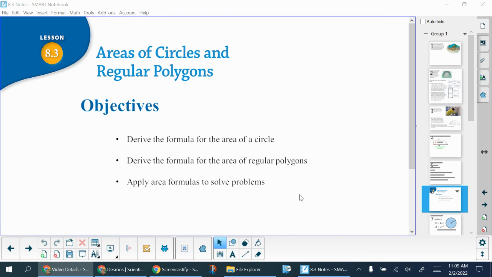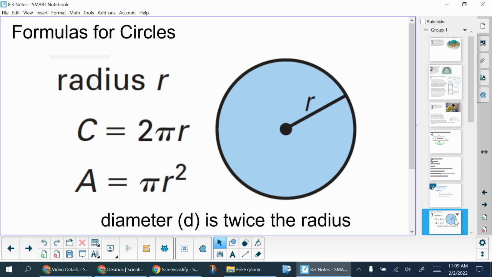Okay, so this video is going to be about section 8.3. It is the area of circles and regular polygons. So first of all, we've got our area formula and circumference formula for a circle. Hopefully you remember those. For sure, take this as an opportunity to write those formulas down in your note sheet. Circumference is equal to 2 pi times the radius, and area is equal to pi times the radius